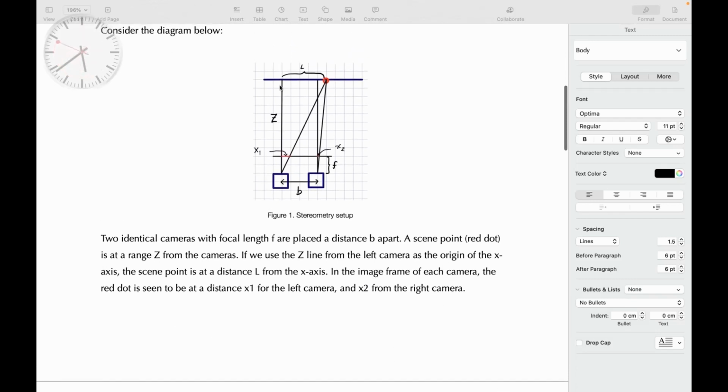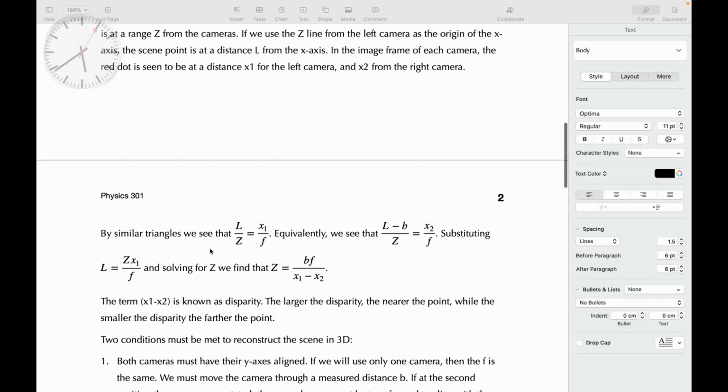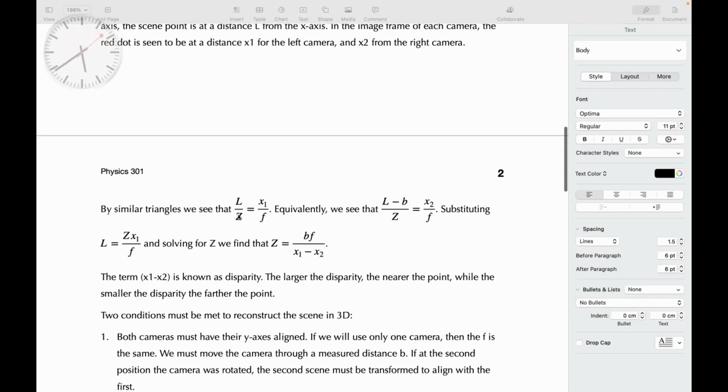Now, for the derivation, please remember these triangles here and a similar triangle here. We see another triangle here, a large one, and a similar triangle formed here. Okay. By similar triangles, we see that L over z is equal to x1 over f. Equivalently, L minus b over z is equal to x2 over f. And substituting L equals z x1 over f from here and over here, and solving for z, we find that z is equal to bf